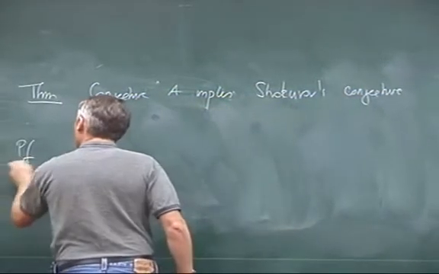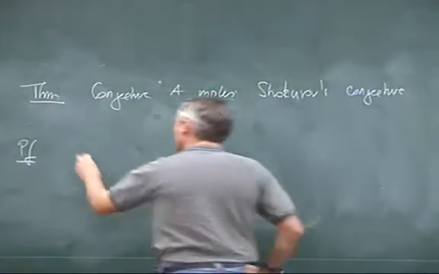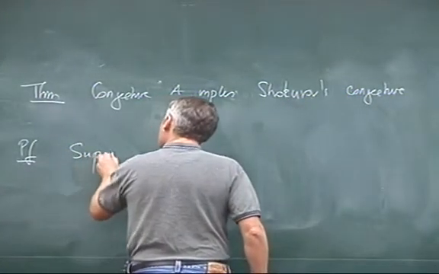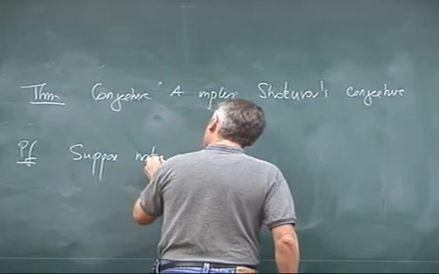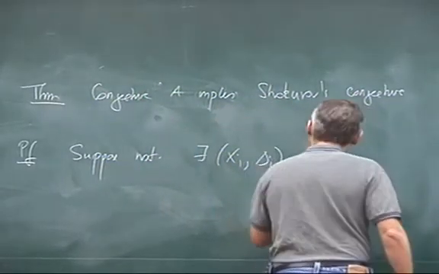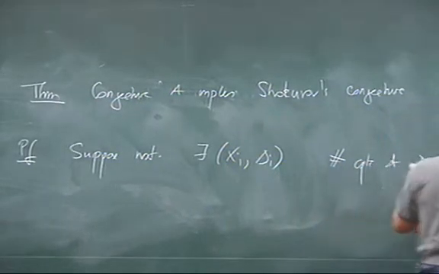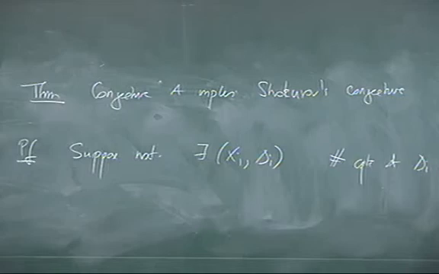So you might have forgotten what Shokurov's conjecture is, but let me say exactly what I have to prove. So suppose not, then there exist X_i, delta_i. The number of components of delta_i is fixed